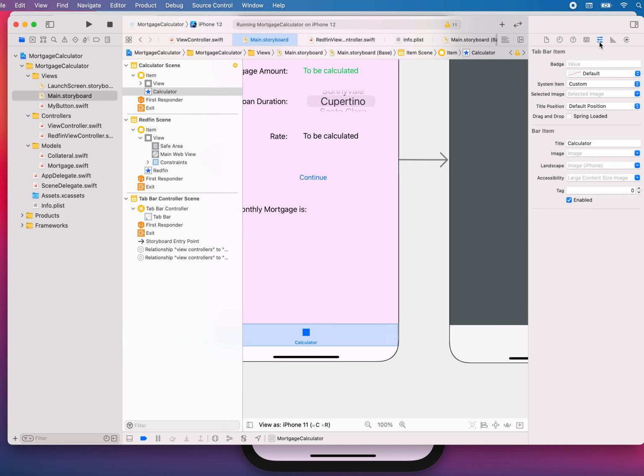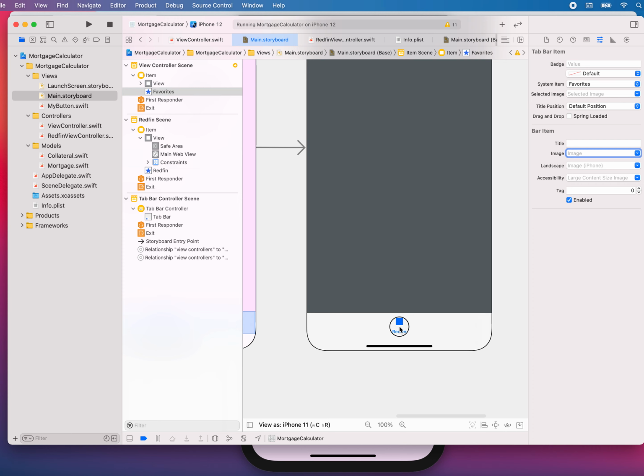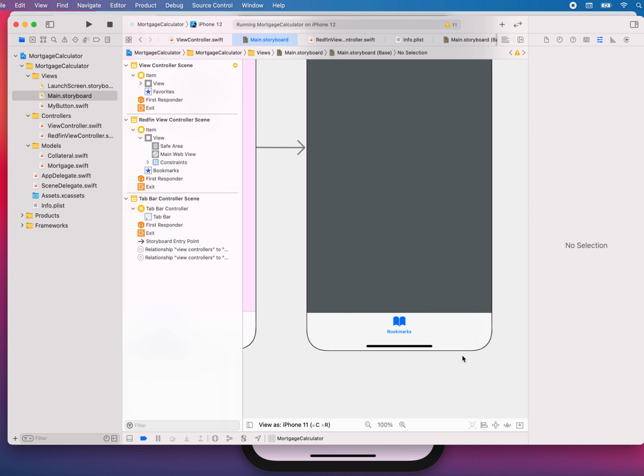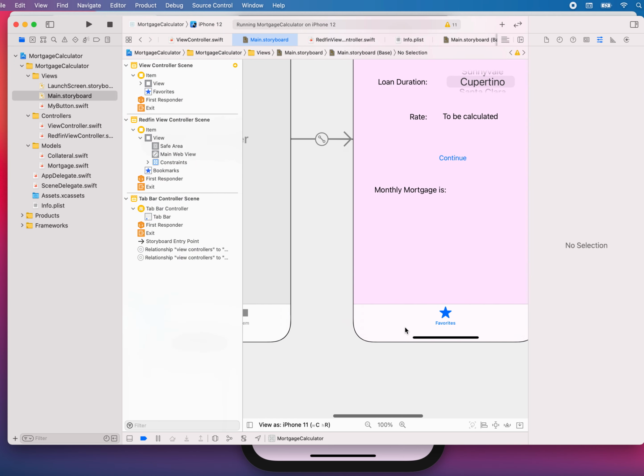And as you can see, I can go forward and define a UI image class, which I may have defined inside my assets catalog. I do not have an image right now, so I'm going to just use some default which is provided by the system. These are not going to make much sense right now, but just for image demonstration purposes, I'm going to go forward and put favorites for my mortgage calculator, and I'm going to call upon bookmarks to indicate it's a web request for my